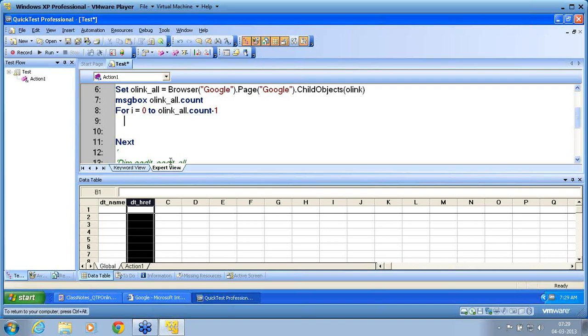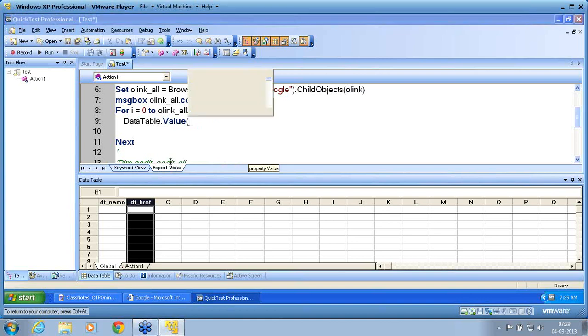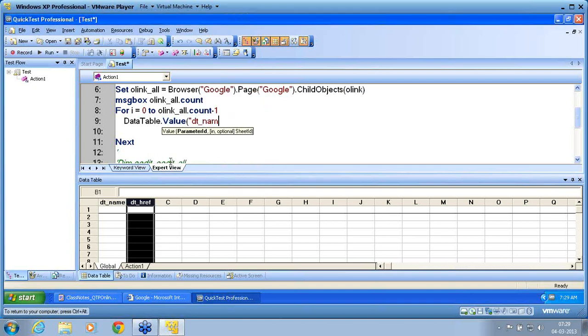So for dt, I can put it in 2 ways. I can use the DataTable object's Value. I can assign the value to dt_name of which sheet, followed by the global sheet. This is one way of doing it.